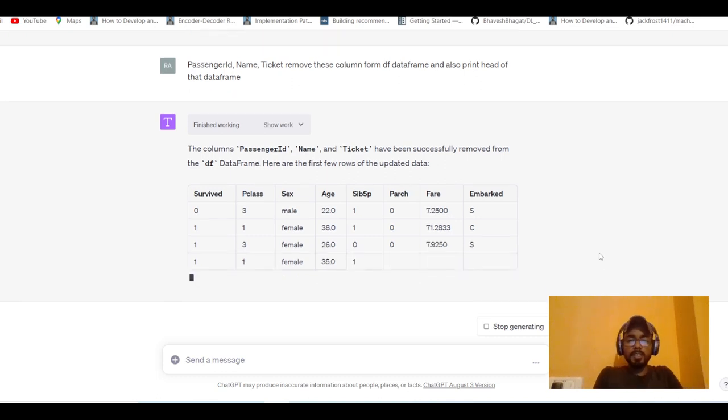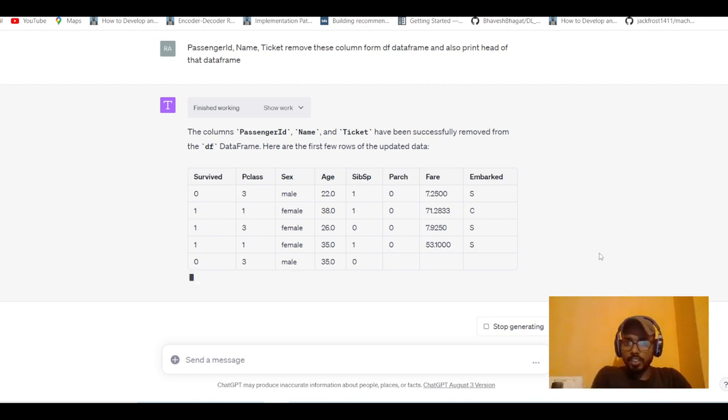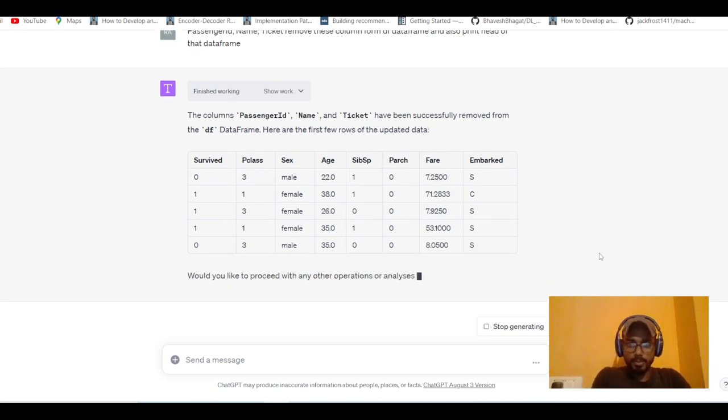It's basically prompt based, and you can see here the passenger ID, name, and ticket are already removed from this data frame, right? And now what should I do? Let's make some graph. So let's first think how many people survived and how many people died in that Titanic disaster, right? So let's simply say